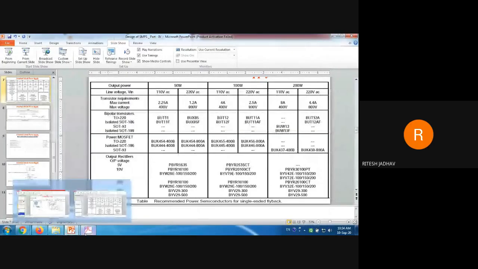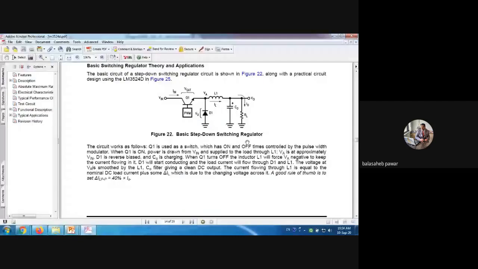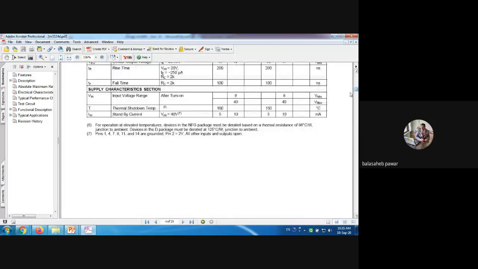And now the last part of this SMPS design, that is the design of a step down or buck converter using LM3524. During the start of the lecture, I already mentioned this IC. During our practical session, I will show you the details, and I also have one video related to designing and developing 5-volt regulated DC at 1 ampere using a buck converter. Okay. So this is the LM3524